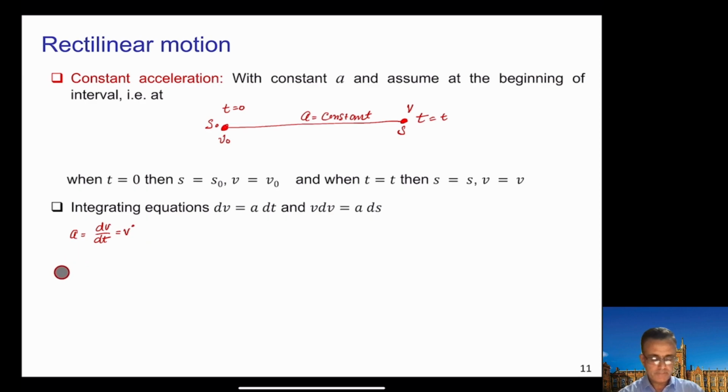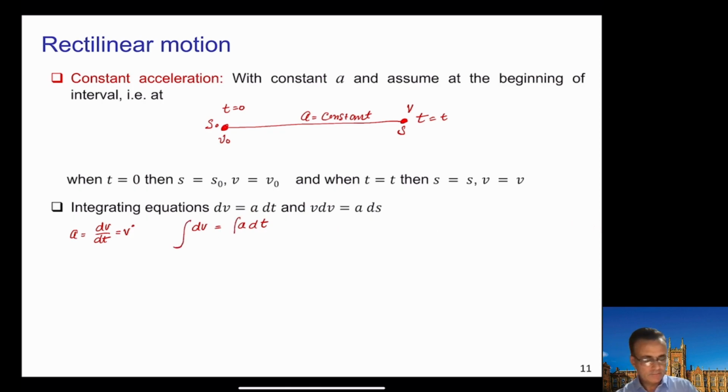So if you just write this equation in this form, dv is equal to a dt, so this means that you just move this dt to the left hand side and write this equation here. And if you look at this specific case here, we now want to make sure that the acceleration is constant, so we take this specific case of a constant acceleration,